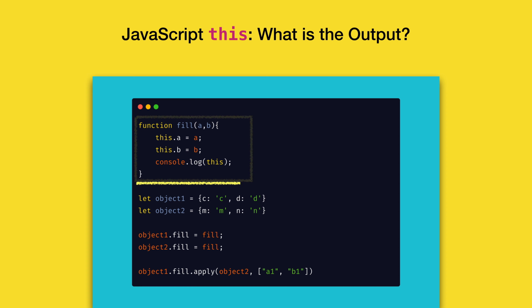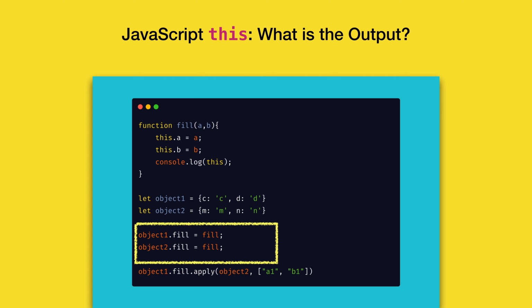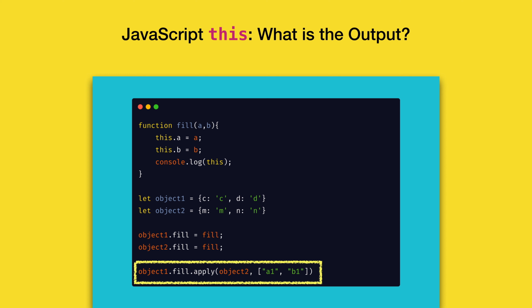Next, we have two variables, object1 and object2. They both hold two objects, and each object has two properties. Now we add a new property, fill, to both of these objects, and they contain the reference to the fill function. Finally, this piece of code calls the fill method on object1, but it changes its this binding to object2